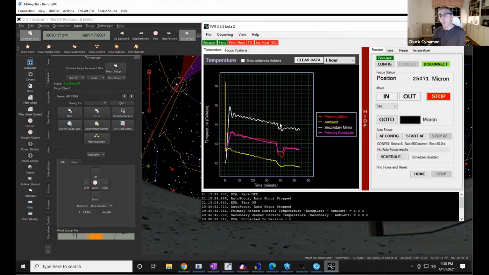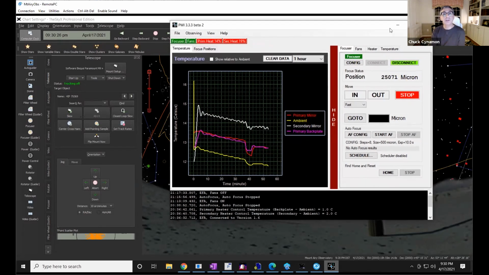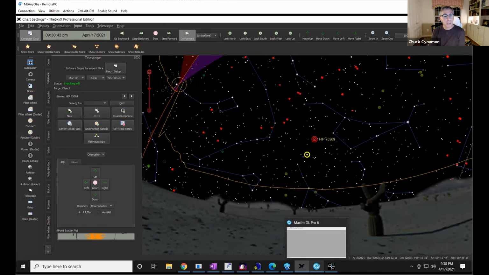This is what it does just to keep dew from accumulating on any of the surfaces of the telescope. Let's see what else. This also has an automatic focuser, so I can do autofocus. Generally, I can select that as part of my planning. Do I want it to autofocus, and do I want it to be done periodically? So things like that can be done as well.